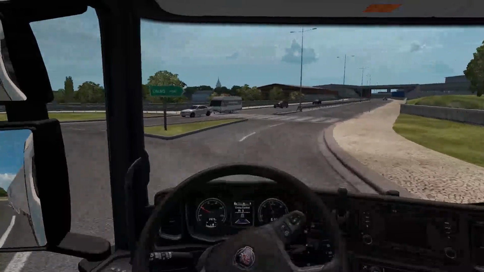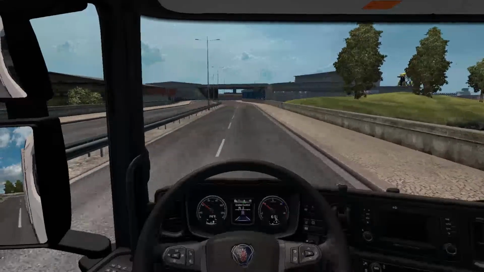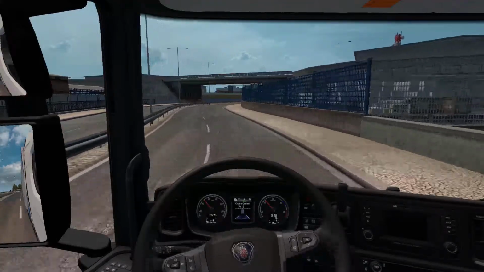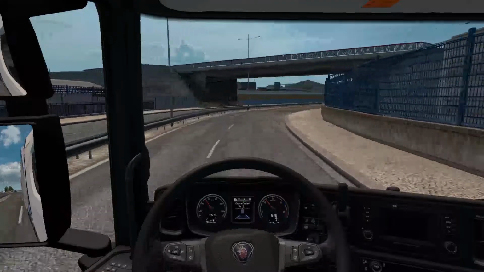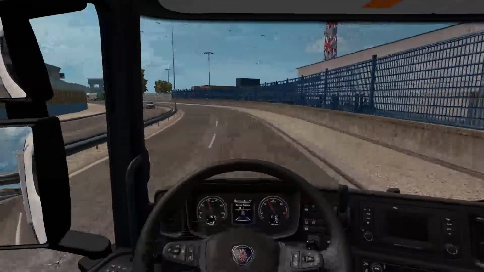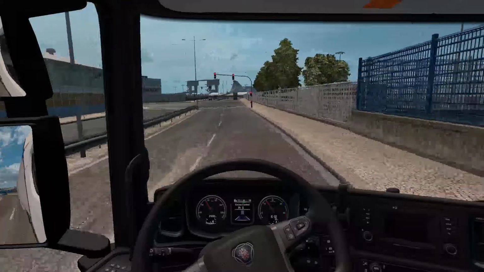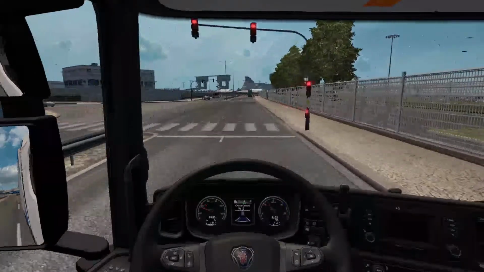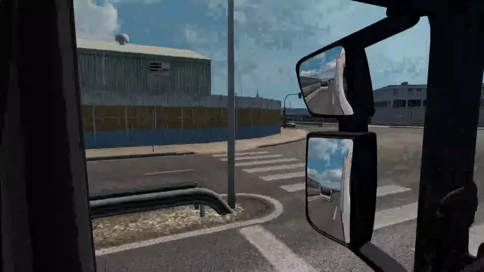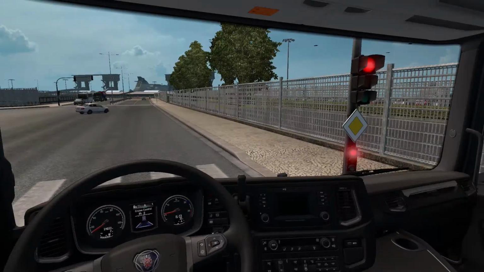Turning around the roundabout and then heading, there you go, Calais Port. The thing is, even if I can't quite remember the way, there are signposts to help. Signposts are always a great help. Driving along very calmly in my lovely, well, it's not my Scania, it's a Scania. This is tricky. Which way to go? I'm thinking straight on because I can see those ferries, which is where I'm going.